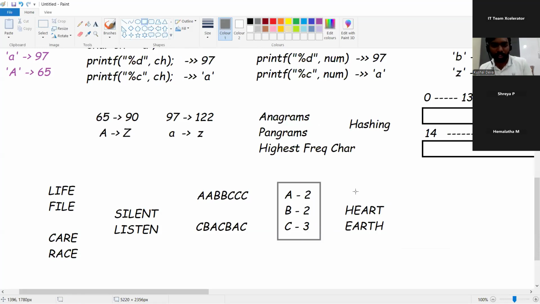So now for this, let's say here, how would we normally perform? Okay, I'll just take 5 minutes to understand the concept of hashing. Let's say here, A, B, B, C, C, C. You want to find each and every respective character count. So how would we normally try to solve this question?